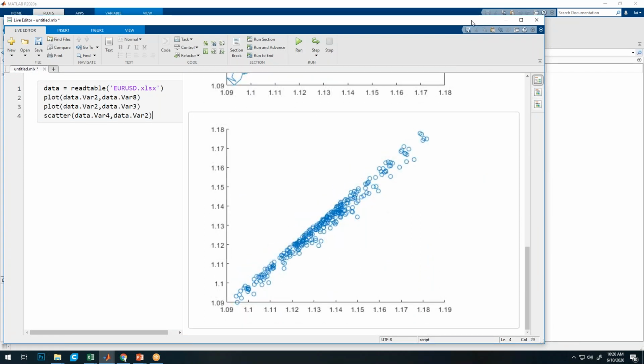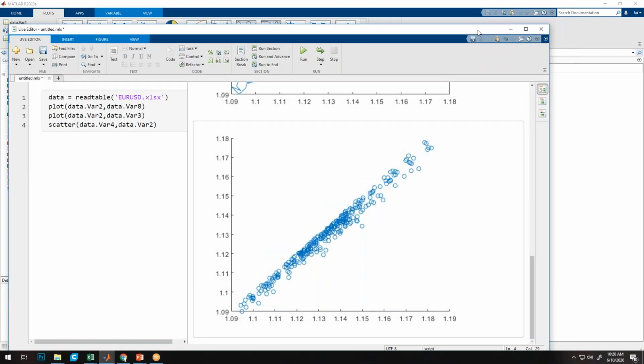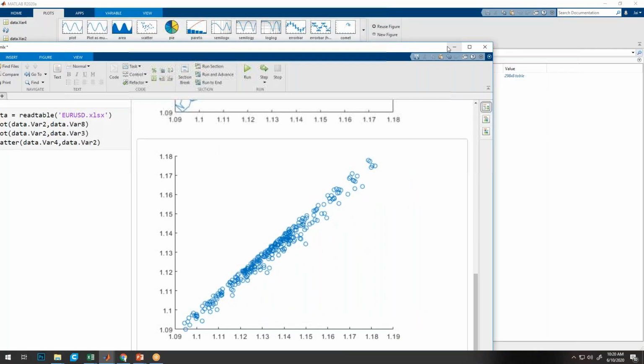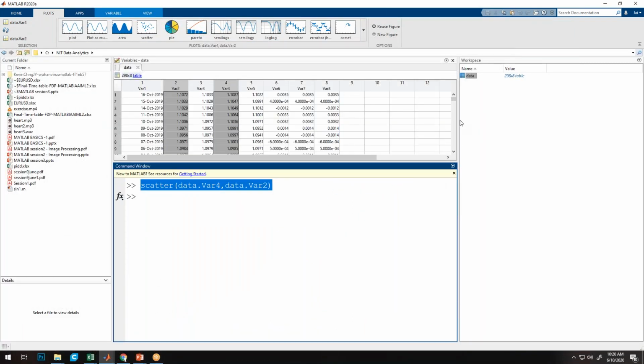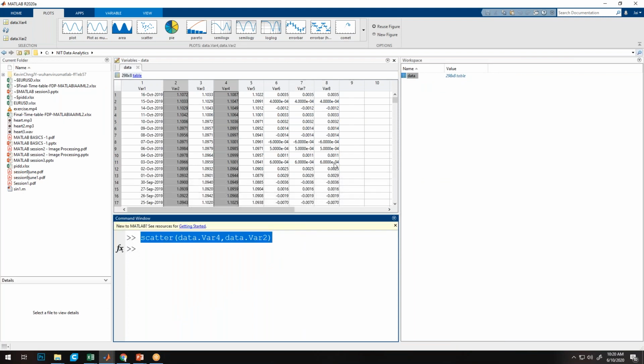In this way, if you forget how to use the command for various different plots, you can directly use this technique where you first load the data into the workspace, and from there get whatever plot you want.